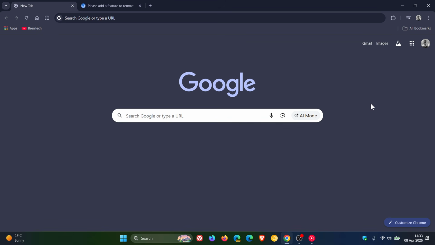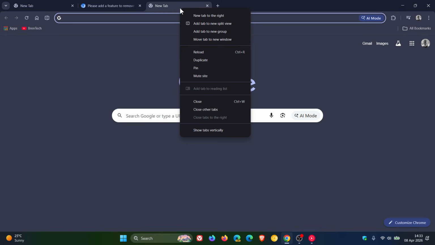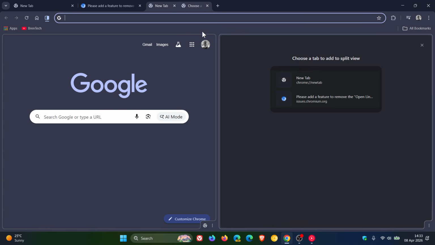So when Chrome 145 was rolled out to the general public, we are currently sitting on Chrome 147, which I posted on earlier today. That has just rolled out, that latest release. I'll leave the video for that linked. But when Chrome 145 rolled out earlier this year, it introduced a highly requested feature called split view. So if you right click on a tab, you can see add tab to new split view,